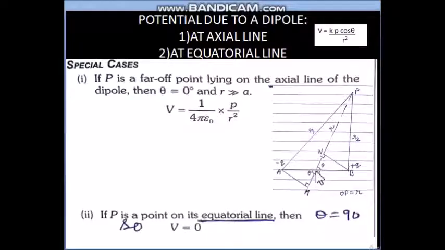This is one very important point to note down: for a dipole, the midpoint and all such points which are lying on the perpendicular bisector have the same potential value, and that potential value is 0. So remember this point, this is very important. This way we have calculated the two formulas of potentials with the help of a single formula. Those two formulas are the axial line formula and the equatorial line formula.